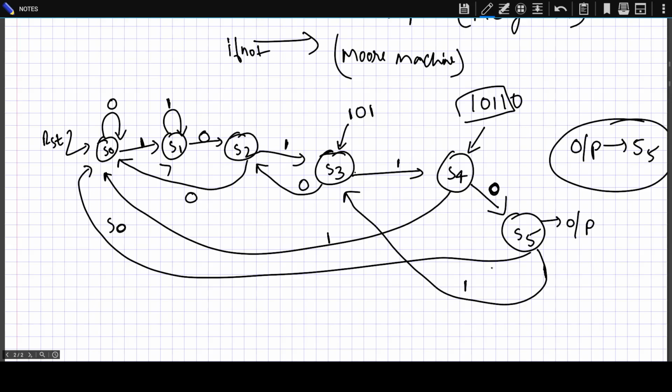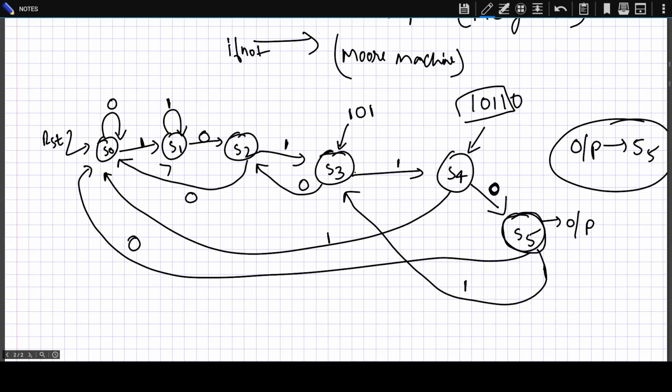Okay, if you get a 0, then move back to S0. If you get a 1, then move to this 101 state, that is S3. Now you can see that this state S5